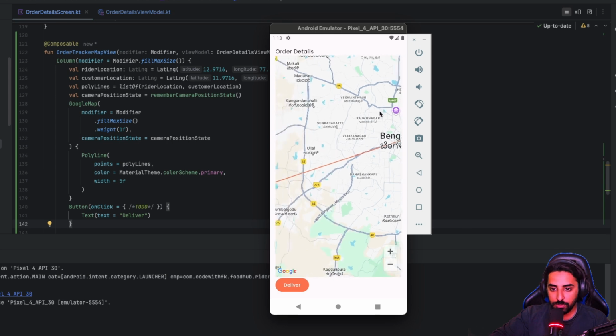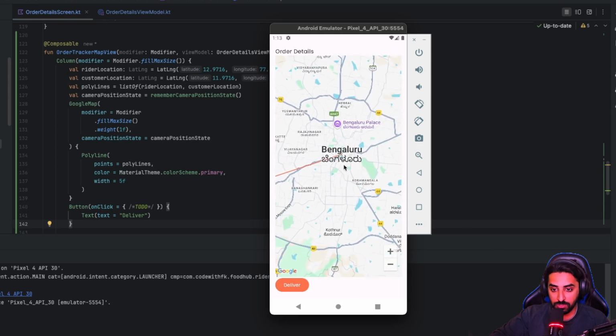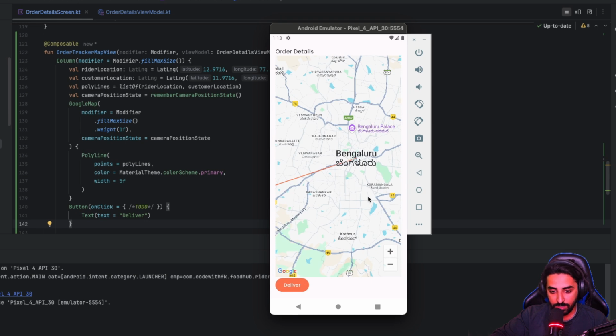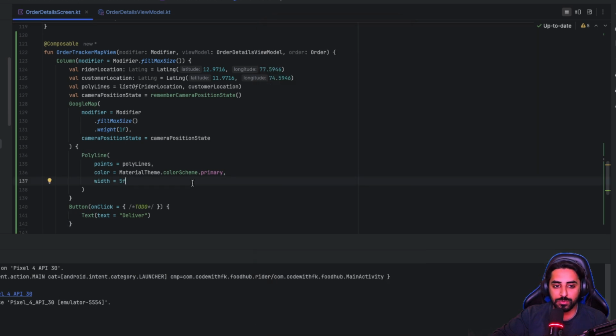So the next thing would be to get actual values from the socket and update this specific map based on that. Okay, so how do we do that? Basically, what we need to do is connect a socket first, because the socket will help us get that live location constantly. There are different ways to do it. The first one is that